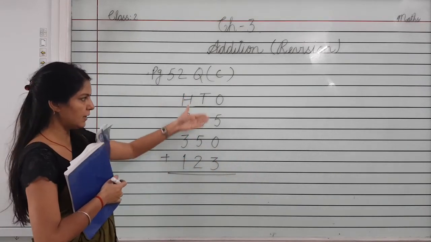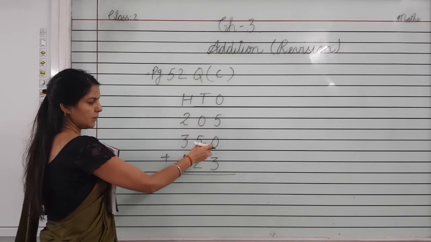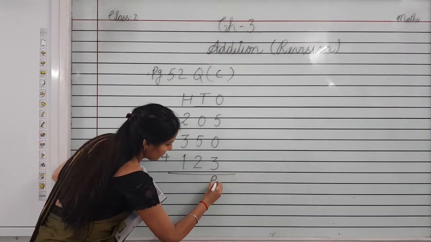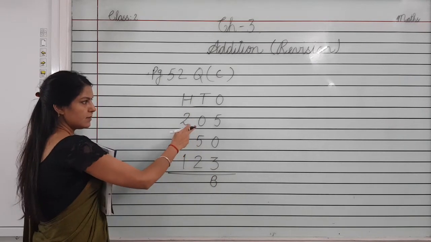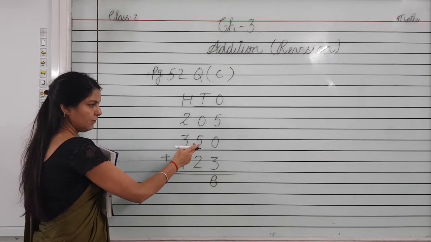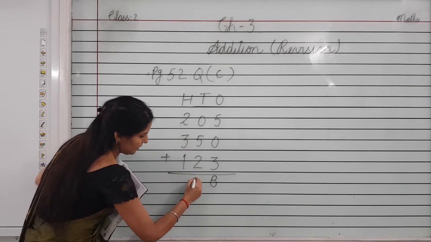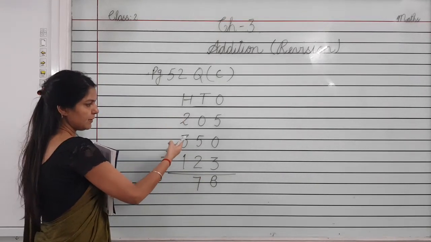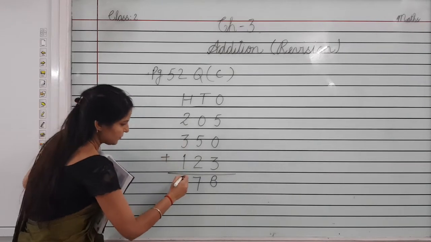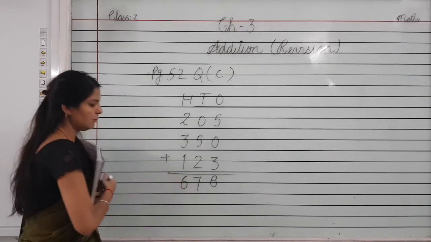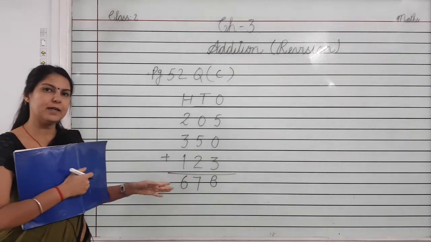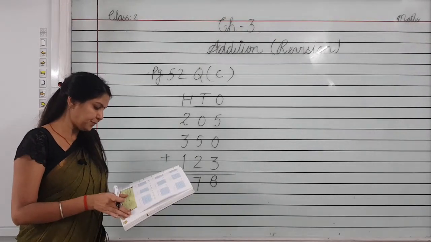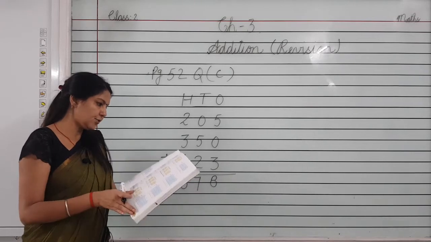First of all, we will take ones place digit. 5 plus 0, 5, 5 plus 3, 8. Now tens place, 0 plus 5, 5, 5 plus 2 will be 7. Now at the last hundreds place, 2 plus 3, 5, 5 plus 1, 6. The sum of these numbers is 678. I hope you have understood. Now come to the next topic,